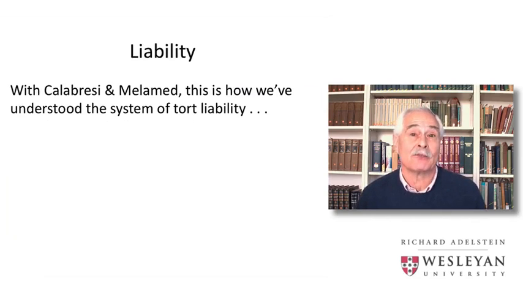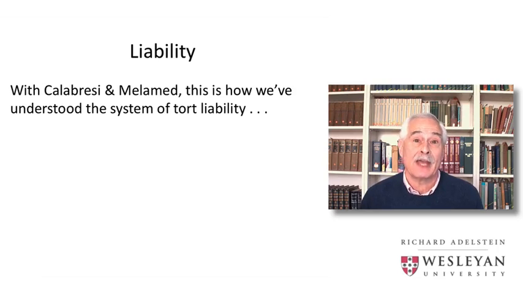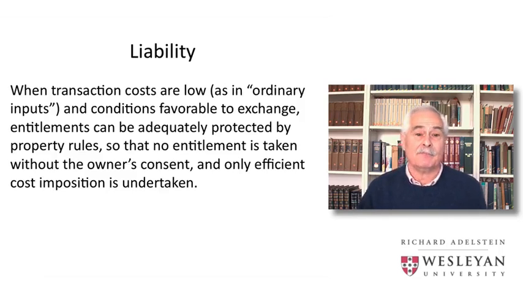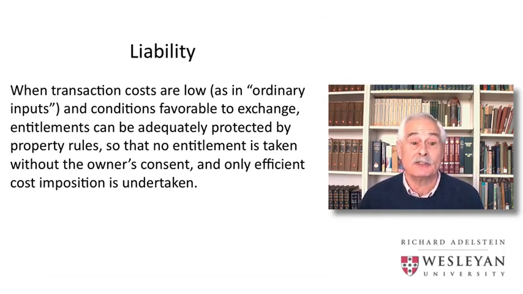Actually, we've been doing this for quite a few lectures now. And with Calabrese and Melamed, this perspective of alternative governance structures is exactly the way that we've understood the system of tort liability. When transactions costs are low, as they are in the case of the ordinary inputs in our steel plant example, and thus conditions are favorable to exchange, then entitlements can be adequately protected by property rules, which means that no entitlement will be taken without that entitlement owner's consent, and as a result, only efficient cost imposition